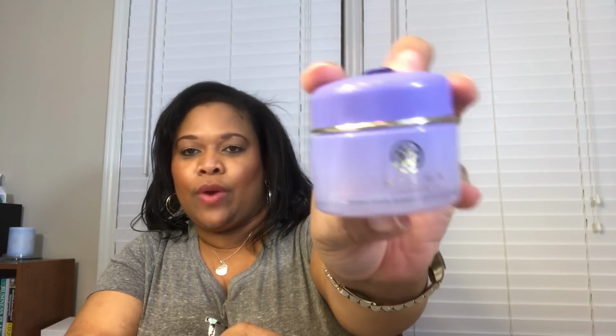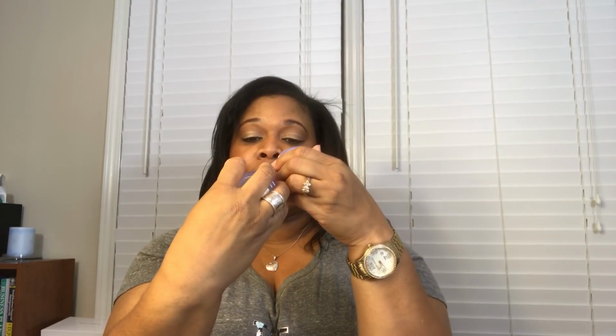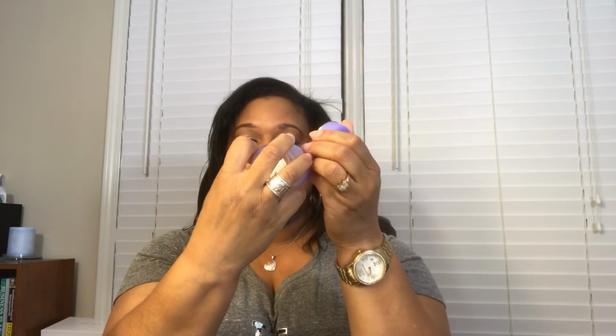The next item is from Tatcha, and it is the Tatcha Luminous Dewy Skin Night Concentrate. This right here, this stuff, this is magic. It is expensive as all get out, but it is worth every single penny. It is worth every single penny. So it is this